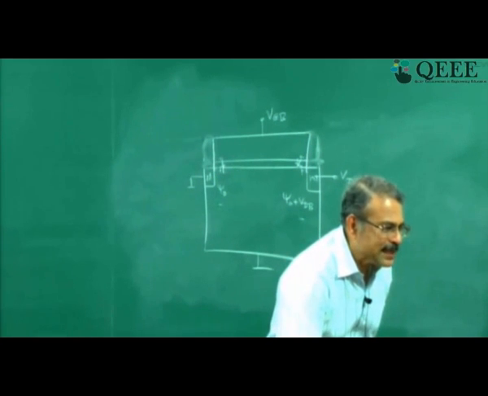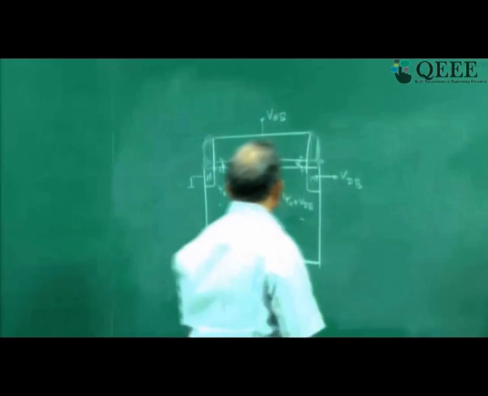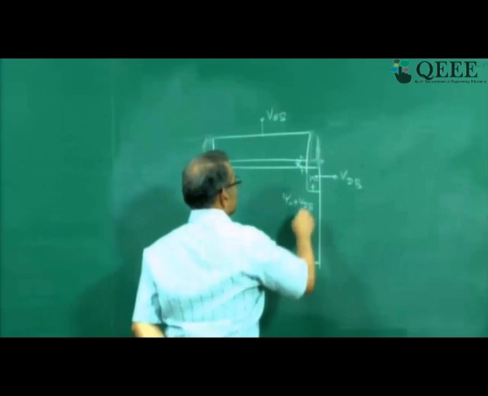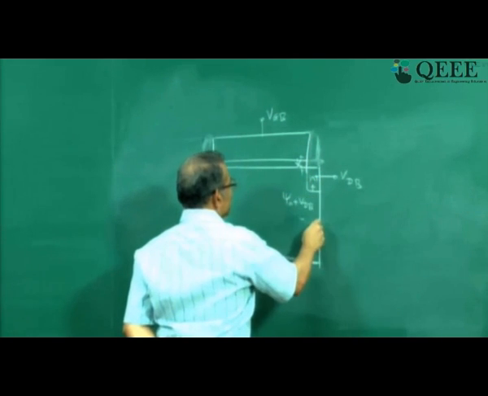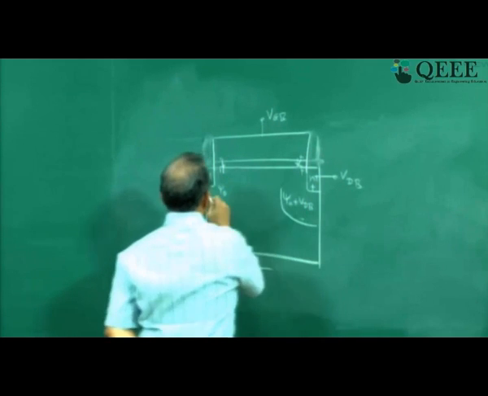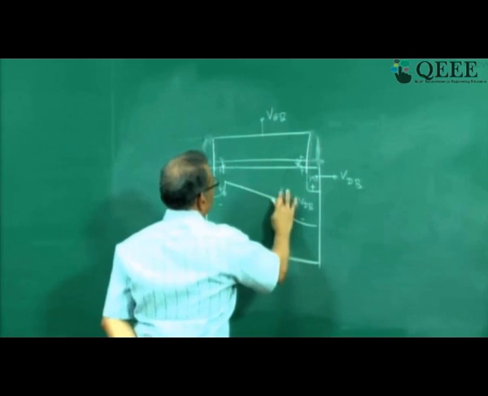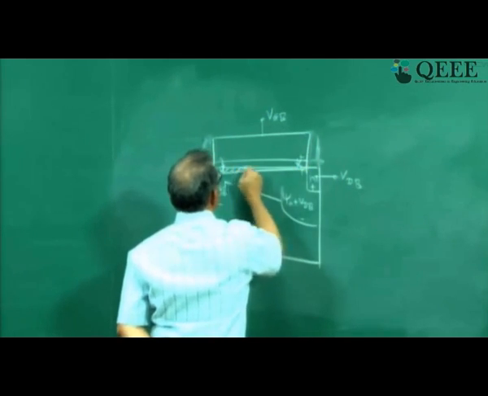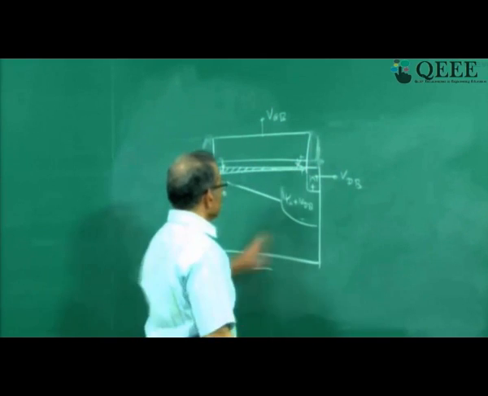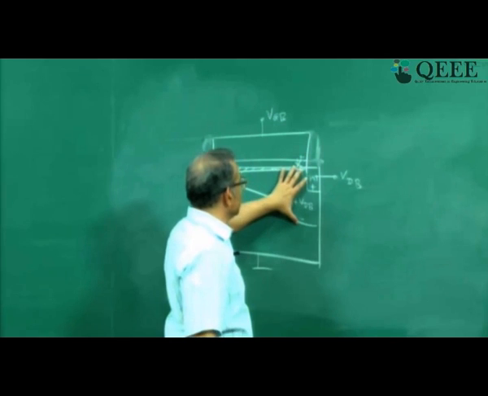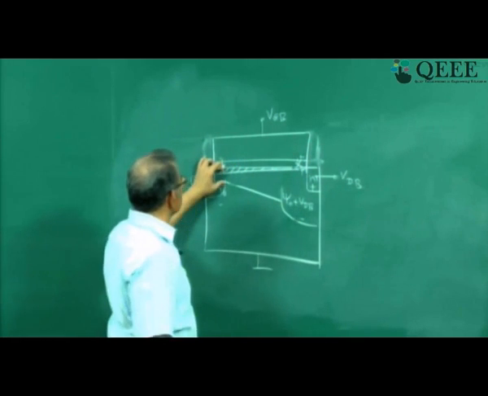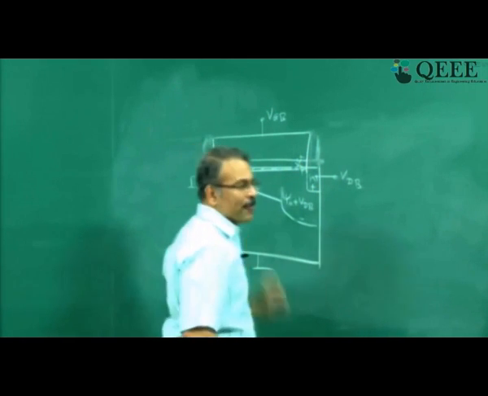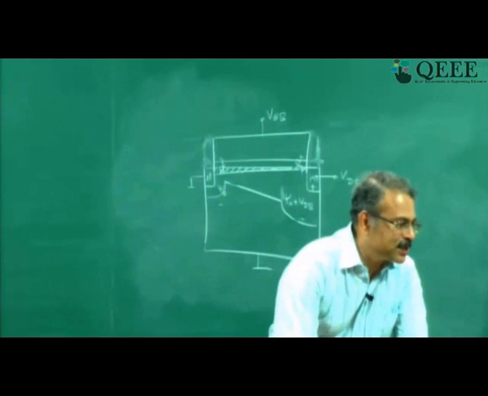The depletion layer however has increased, because this is like a reverse biased junction. This voltage is like reverse bias. This is positive and this is negative, psi naught plus VDB. So reverse bias will increase the depletion width, right, as compared to this here. But total charge has to reduce, so inversion charge will reduce. So that is why the picture is like this. Inversion charge is less, even though depletion charge is more, but inversion charge plus depletion charge together is less than inversion charge plus depletion charge at this end, right, because this field in the vertical direction is less than this field. Okay, so that is how you get these charge conditions.